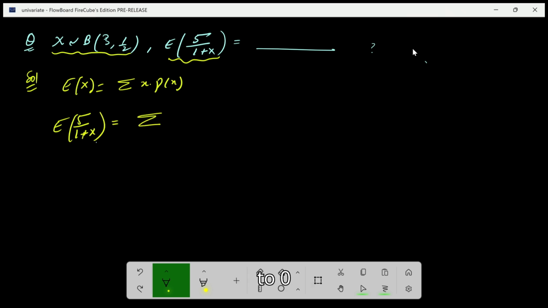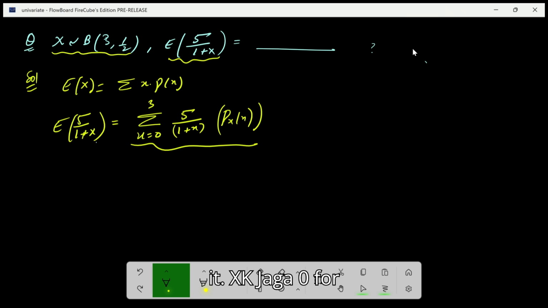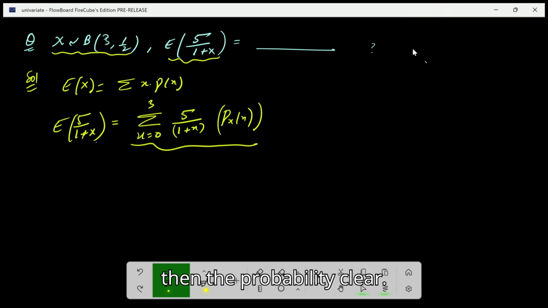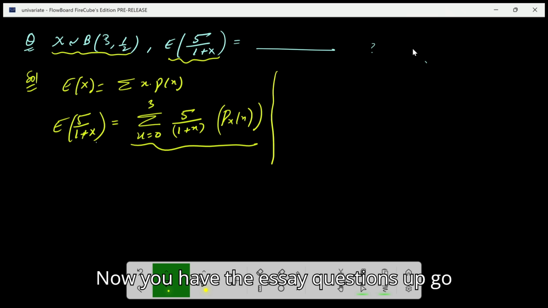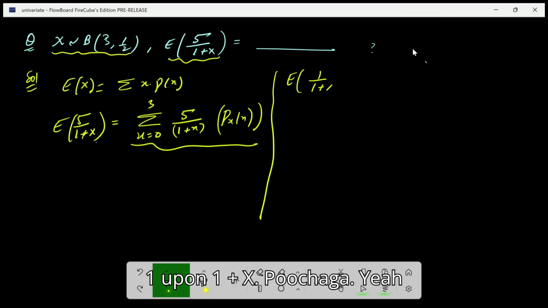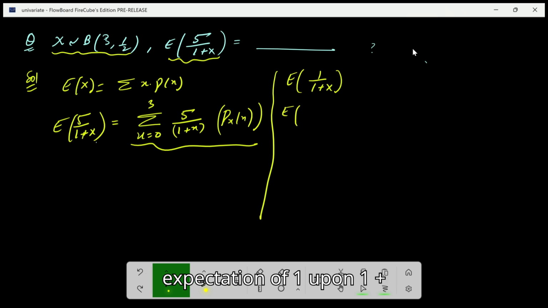अगर हम डायरेक्ट अप्रोच से जाएंगे, x इज इक्वल टू 0 to 3, 5/(1 प्लस एक्स), एंड एक्सपेक्टेशन इसी का चाहिए ना, एंड p ऑफ x, क्लियर है। एक तो हम ऐसे करेंगे, पहले x की जगह 0, फिर x की जगह 1, फिर x की जगह 2, फिर x की जगह 3, देन द प्रोबेबिलिटी, क्लियर। नाउ जब भी ऐसे क्वेश्चंस आपको पूछेंगे, मतलब कैसे, एक्सपेक्टेशन ऑफ 1/(1 प्लस एक्स) पूछा गया, या एक्सपेक्टेशन ऑफ 1/